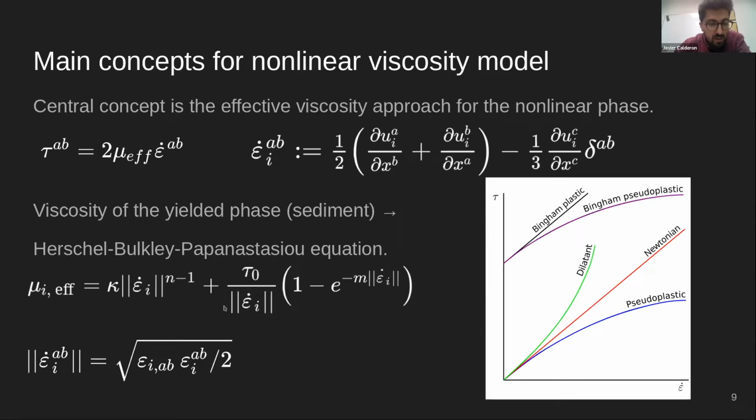you can find here, where you have a flow index, the consistency index, which behaves as the viscosity in a Newtonian fluid, and the yield stress. This equation allows us to model several kinds of nonlinear fluids, depending on how these terms are defined. Then you have one or other behavior, including also the Newtonian behavior.